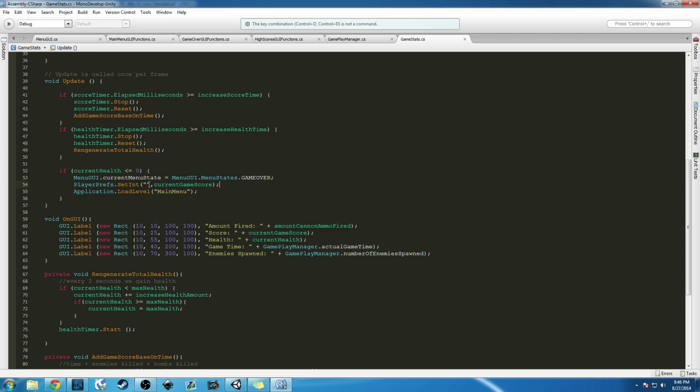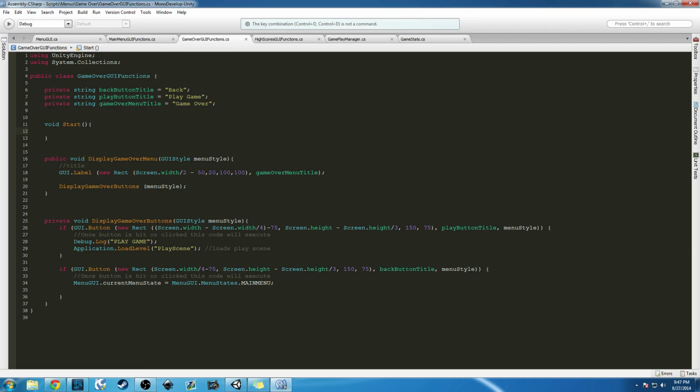Okay, and the string here, we're actually going to label it current game score. So what this is doing is when our game is over, we set our menu state to this. We save our current game score, and we're saving it under this tag, with whatever our score value is. We press control S to save that, and then it's going to load the main menu. So what we want to do in our start function in our game over scene is